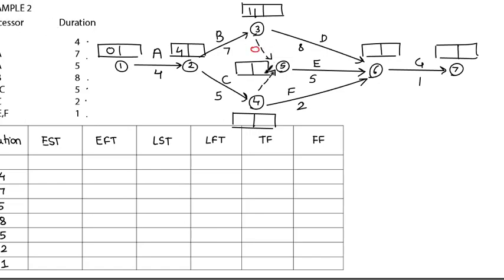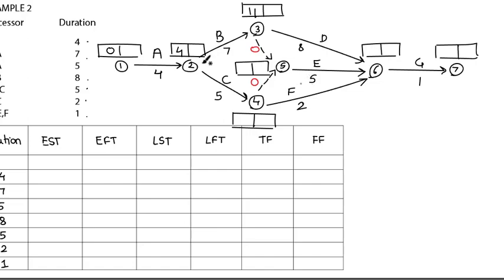I am writing 0 in red so you don't get confused. While solving this in your notebook, try using different colors. For forward pass calculation, use one color, and for backward pass calculation, use another color of pen, through which you can understand it clearly.